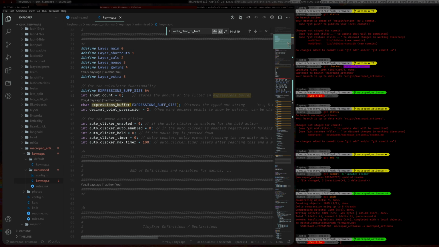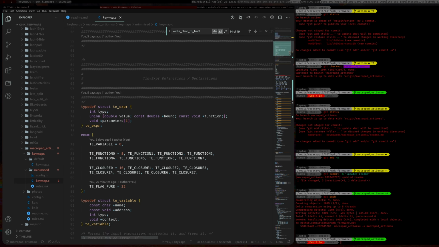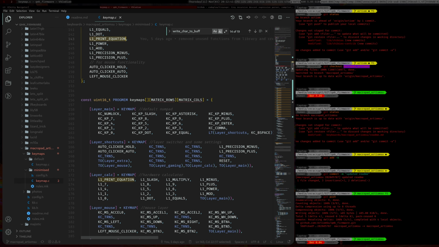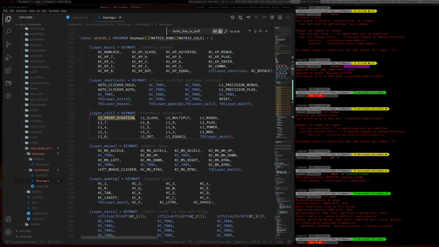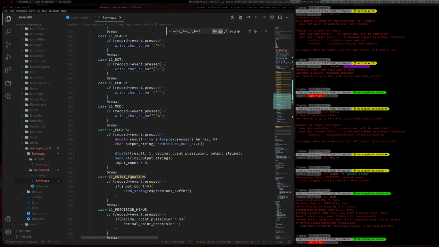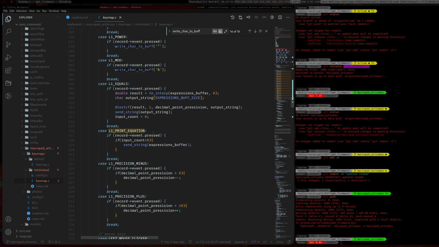So for the key code, it's print equation. As you can see here, that's at the very top, where the numlock is. And if we go down here to print equation,